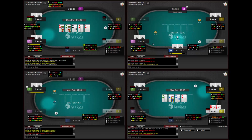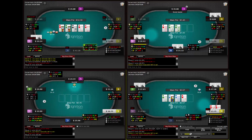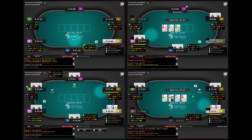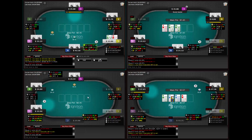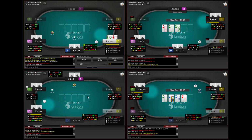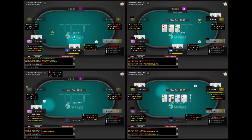Yeah, I expected 25 no limit and 50 no limit to play pretty similar. It's like they're actually playing really different. Surprisingly, there's more contrast here than I expected. There's definitely more contrast here than between 50 NL and 100 no limit. I guess I don't have a huge sample of hands, but